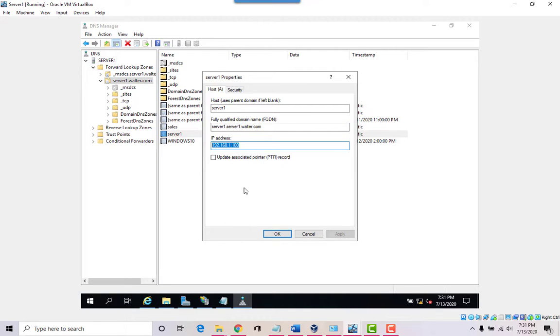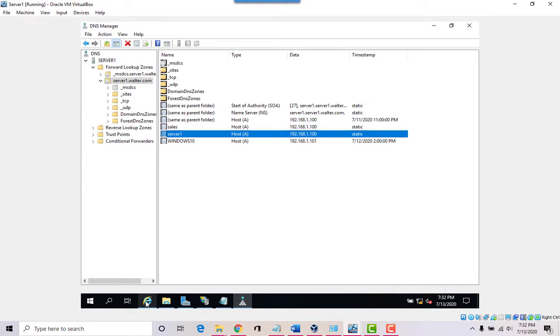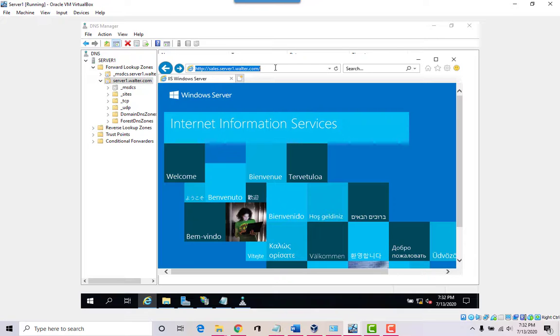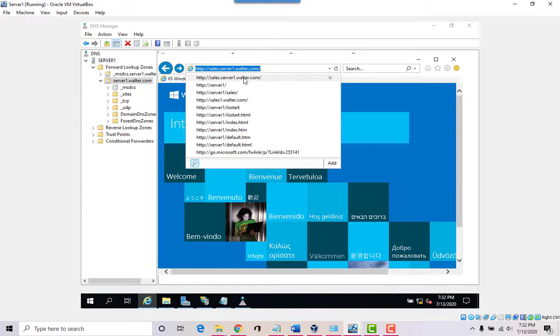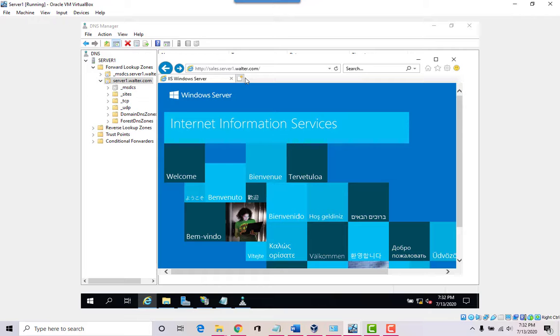Right, it's going to point to this particular IP address because it's resolving that particular one to this particular IP address. So let's look at this, and looks like I already have it there. So you can see that it pointed to the website, right, the main website.